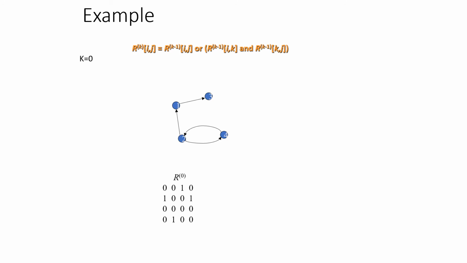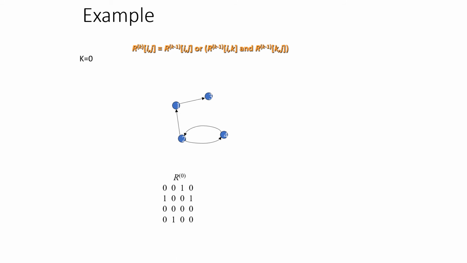As I already told, the input for this transitive closure is nothing but the adjacency matrix of the graph. So we have taken the adjacency matrix of a graph as told. The dimension of the adjacency matrix is n cross n, where n is the number of vertices present in the graph. Here how many vertices are there? 4 vertices are there. Hence the dimension of the matrix becomes 4 cross 4.